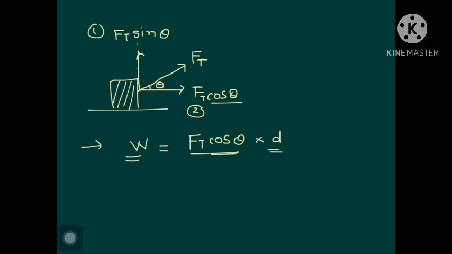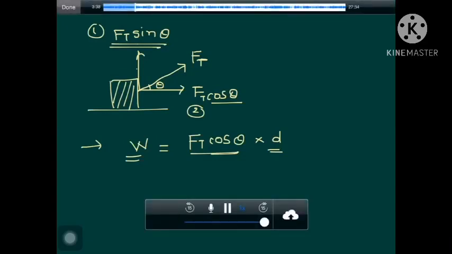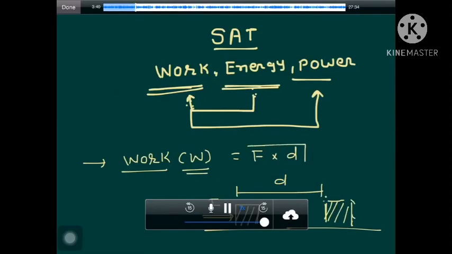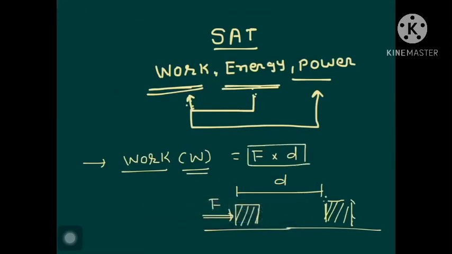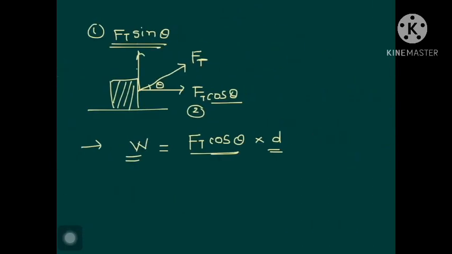We have the question, what is the role of Ft sin theta? Ft sin theta doesn't take part and doesn't give any contribution to the work. So in the direction in which displacement takes place, we take the component of the force in that direction. In the first case we learned that we directly write force into distance because there is no component of the force. But in this case we have a component of the force and we write Ft cos theta into d. So this is how we can describe the value of work.